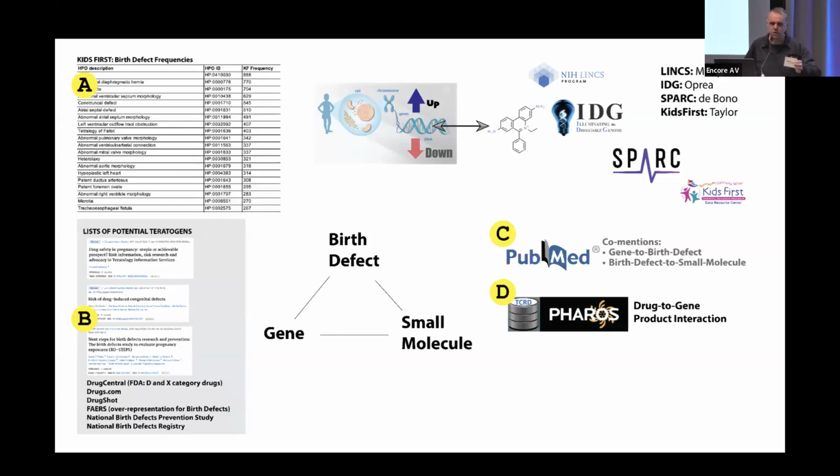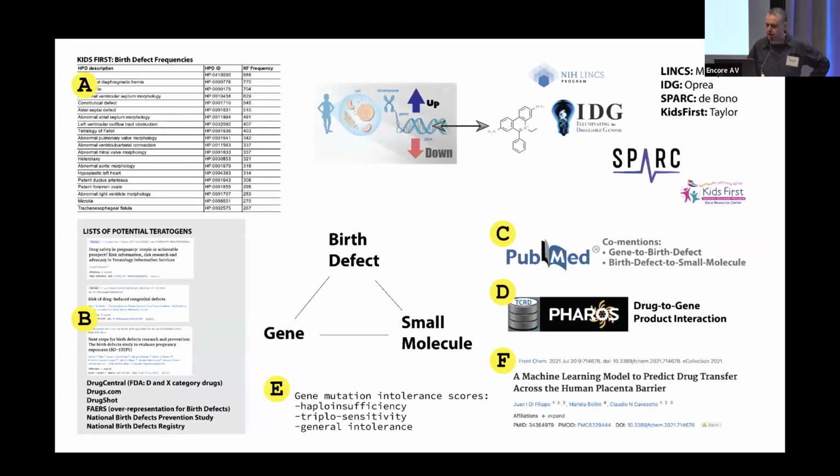We added some further nuance to the likelihood that a gene might be involved in a pathology by carrying out what we refer to as intolerance scores. Essentially, this is based on the fact that in the wild, certain genes have an underrepresentation of mutation compared to the expected amount. And that is suggestive that a gene is more vulnerable to dysfunction if it's altered. And we use that as a kind of biomarker that any interference in an interaction with a small molecule is more likely to lead to dysfunction.